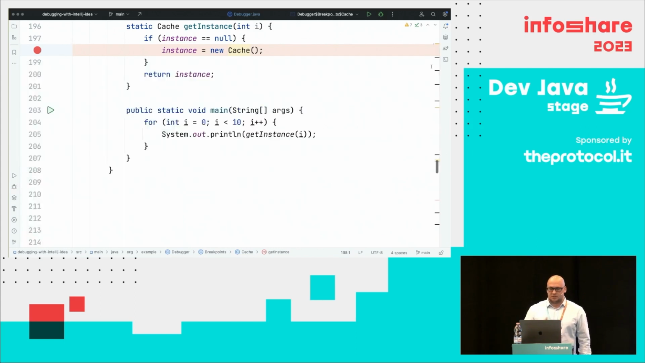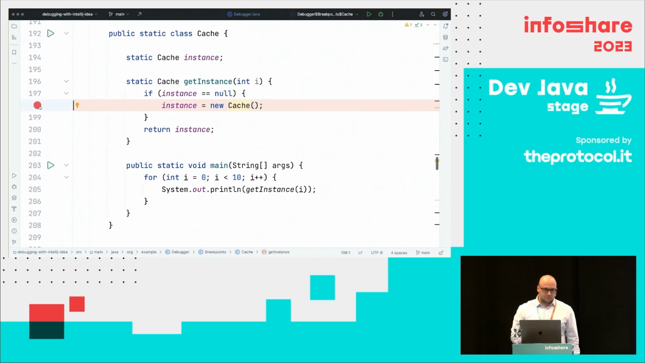And imagine I'm trying to debug the behavior of the initialization process. So what I could do is stop at this breakpoint right here and change the value every time. Every time I hit it, I set the instance to null, then this check is true, and then we create a new instance. Actually, using a non-suspending breakpoint,